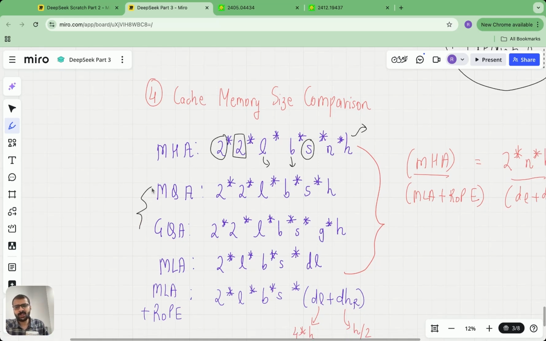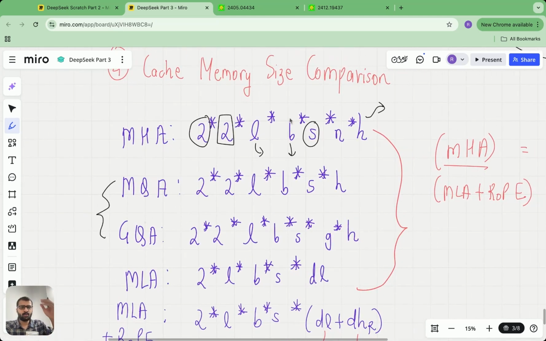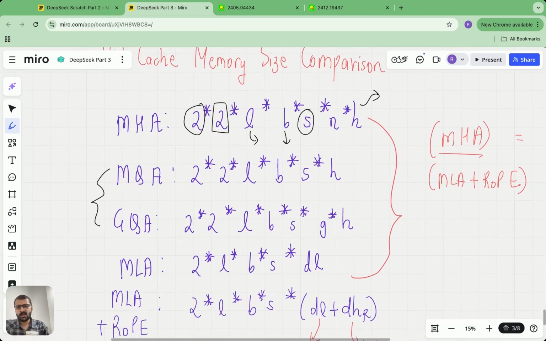What MQA and GQA tried to do is share values across heads. So instead of having this N in multi-query attention, we get rid of the number of attention heads completely. That saves my memory size a lot, but it degrades my performance by a huge amount because my content is shared across different heads. So the diversity is not there in the attention scores,